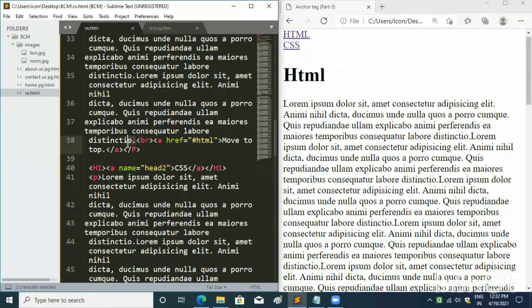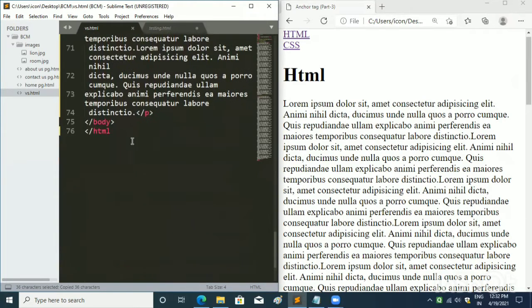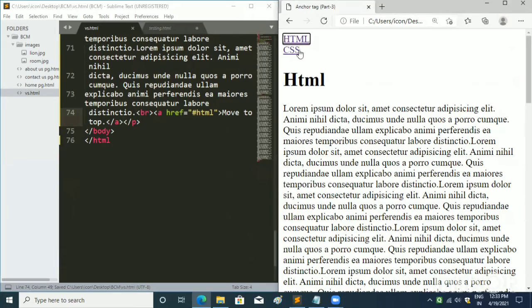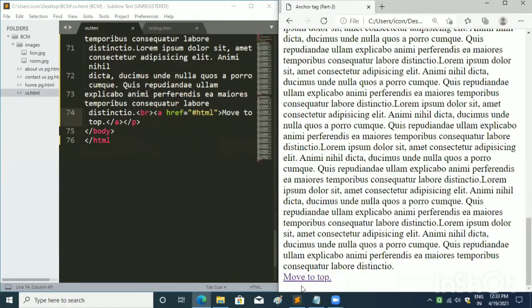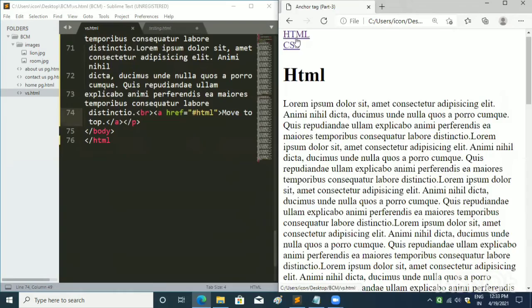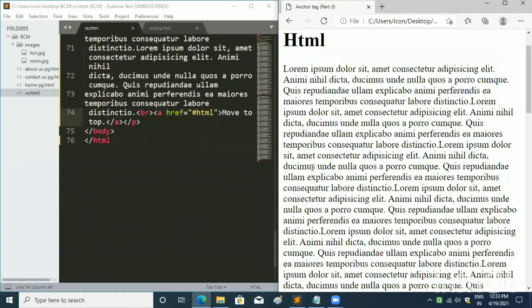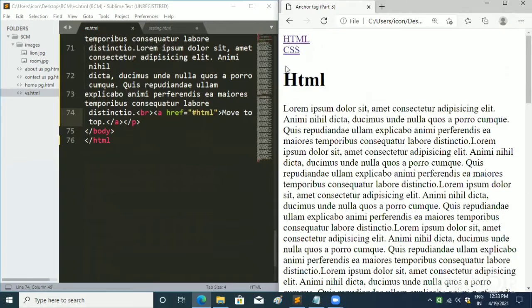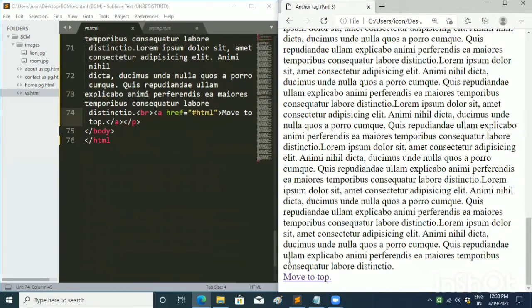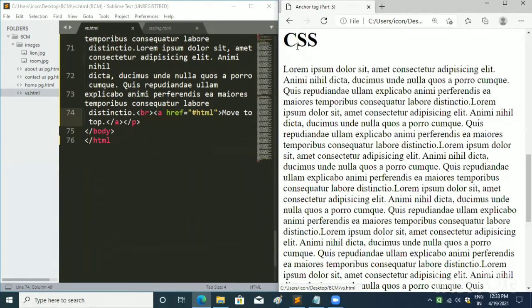Means it takes us to the HTML word. So now I will copy it and paste it after the CSS paragraph so that you can also move to the top from the CSS paragraph. So now when I save it and refresh the browser, you can see when I move on CSS and click on move to top button, it takes me to the top of the web page.